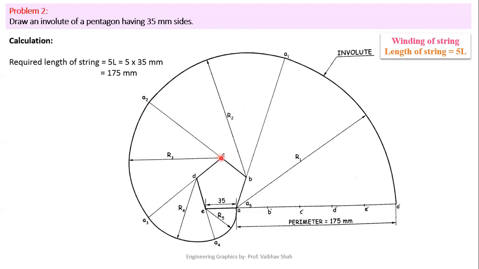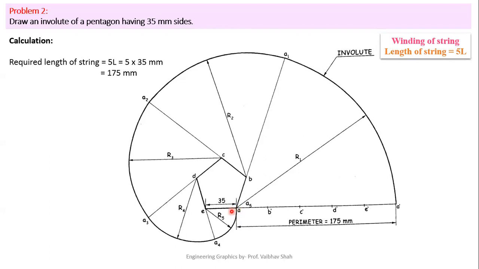Now take your C as a center, C A2 as a radius, draw one circular arc. You will be having this arc intersecting this tangent line of D somewhere here. You will be having this point A3. Now change the center to your center D, D A3 as a radius, draw one circular arc like this, and it will intersect the tangent line of point E, and you will be having this point as A4. Now change your center to final center E. Now take the radius is equal to E till your A4 and try to draw this arc, and if your drawing is perfectly accurate, you will be having this arc closing at your point A.